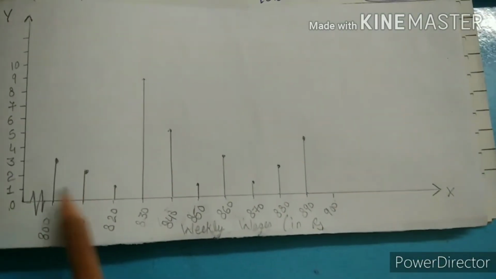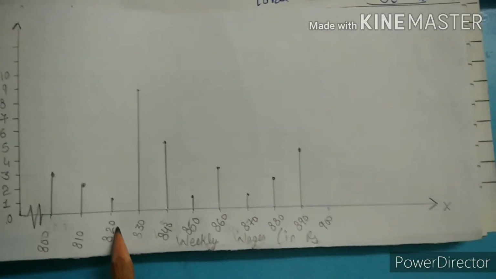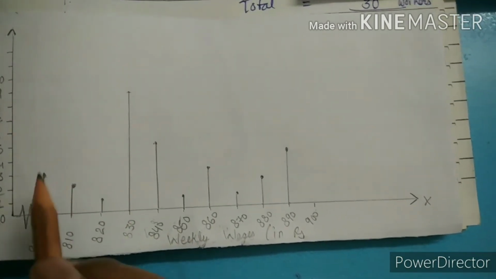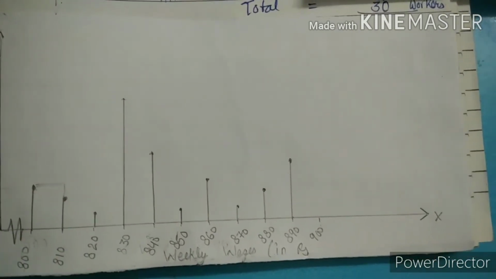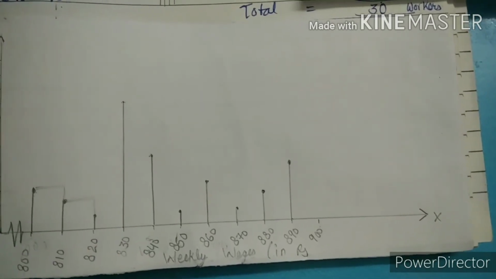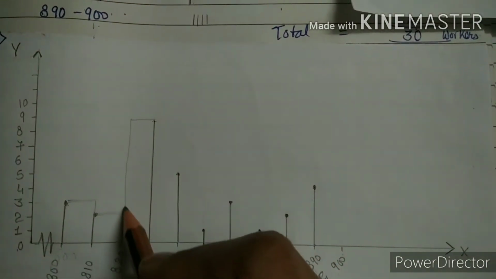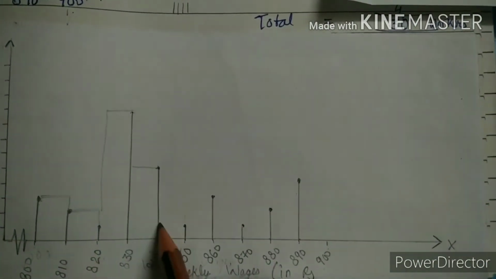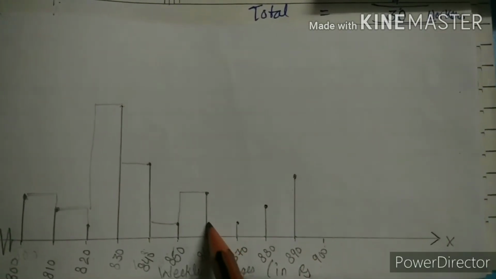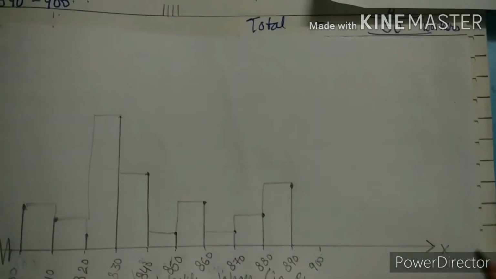So here we draw lines from point to point, but this is a histogram, and we studied that there is no gap between the bars, so we have to draw bars, meaning we have to draw from this section to this section, this section to this section. Let's see how to draw. Now with this scale, we will join this section, we will join this section. देखो अब यहाँ पर रुक गया, तो इसको थोड़ा सा बढ़ा के कहाँ लेके जाएंगे, ऊपर, फिर ये इसको यहाँ से जोड़ देंगे, सारे पॉइंट्स को एक दूसरे से जोड़ देंगे. Okay, so here we completed.